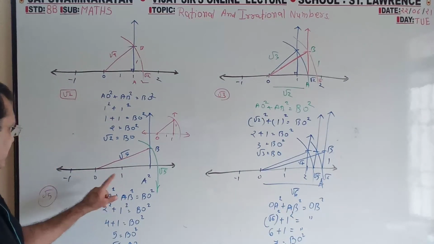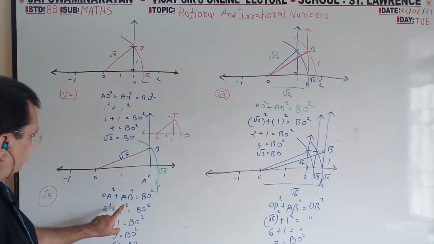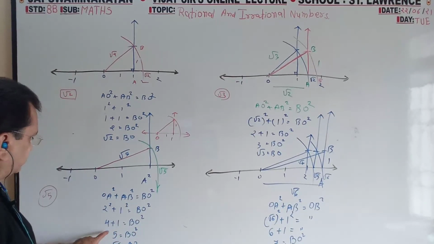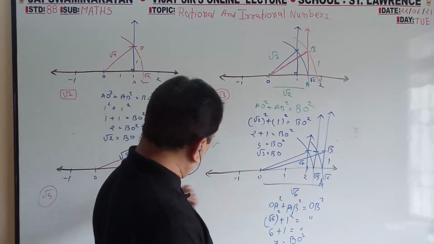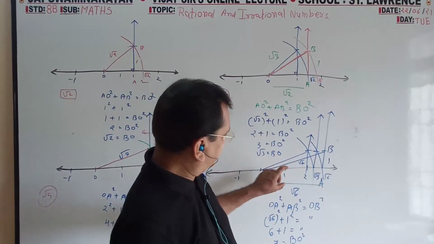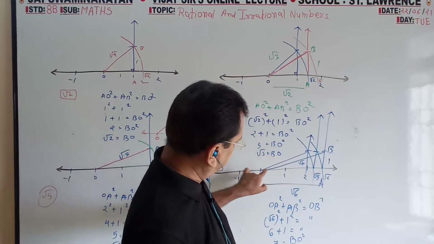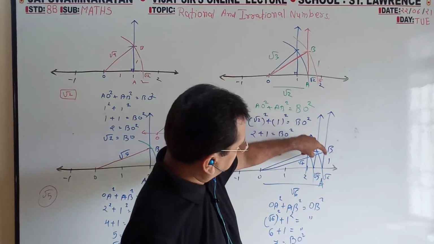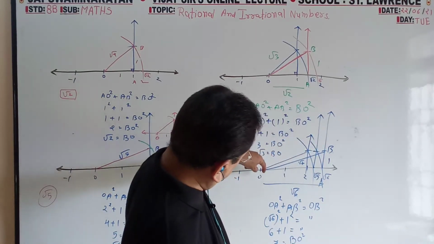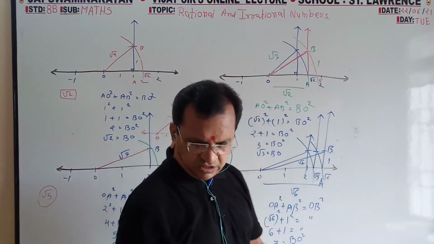Okay, for 5, it is 2 and 1 unit. 2 squared is 4, 1 unit, 1 square is 1, 4 plus 1 is 5, under root 5. For 7, draw this root 5. On root 5, same height 3 cm. Join. Cut. That is root 6. On root 6 again 3 cm height. Join. So from root 5, root 6 and root 6 you will get root 7.